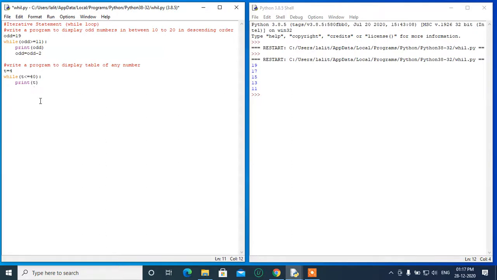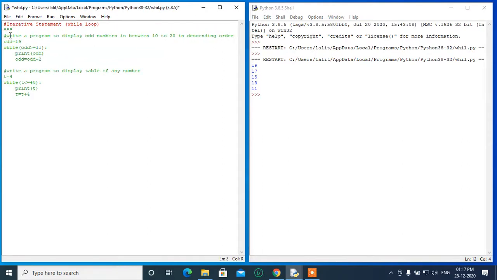So write print t and then increment it by, sorry, t is equal to t plus 4. That's okay. And now save it, and before this one you have to write a multiple line message, so it does not execute that line.